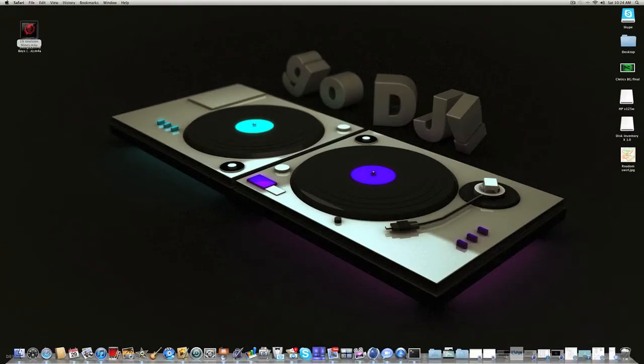Today we'll be going over a pretty awesome tutorial, and it's how to make a custom 3D logo in Cinema 4D